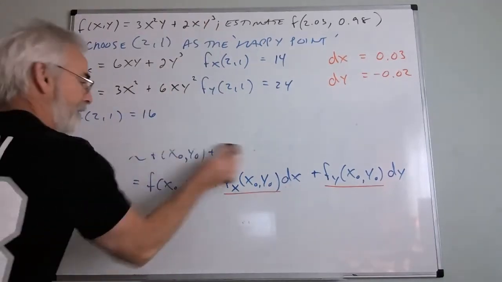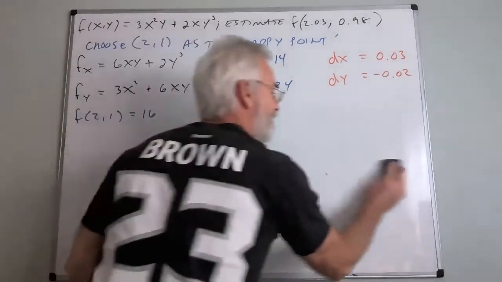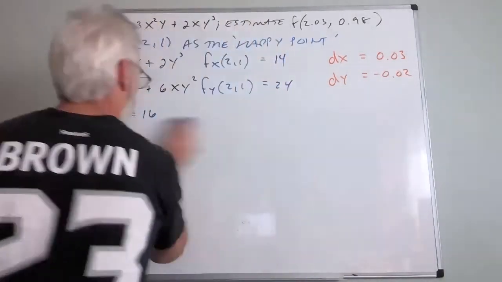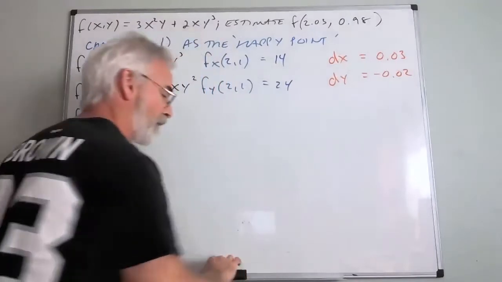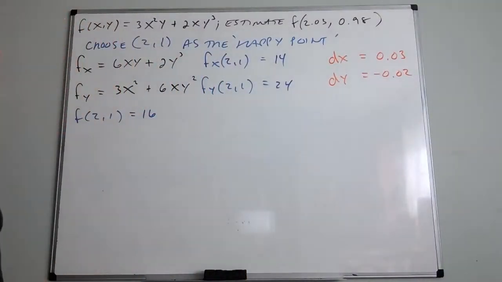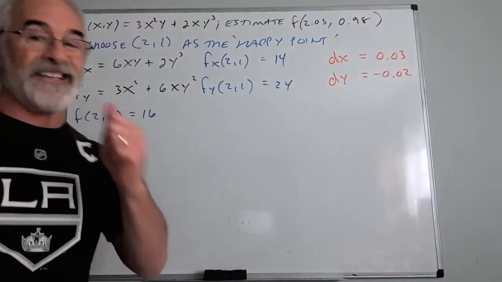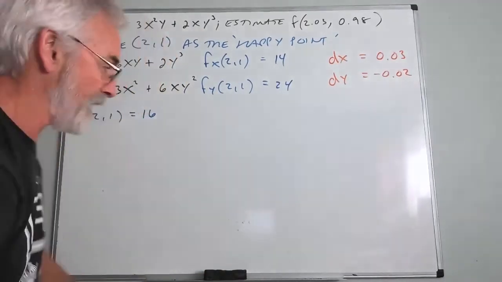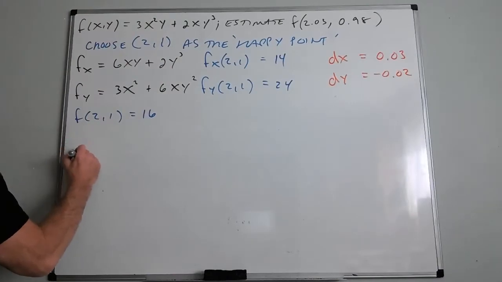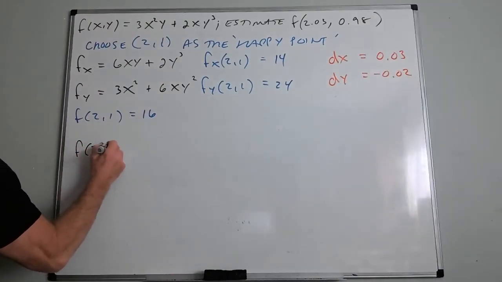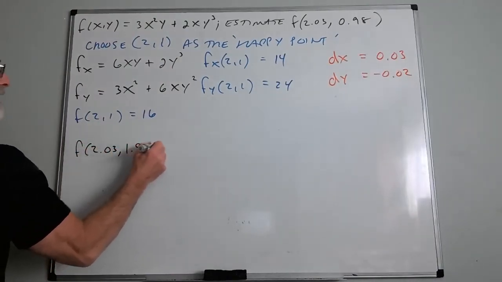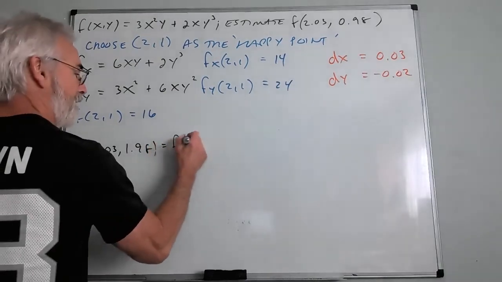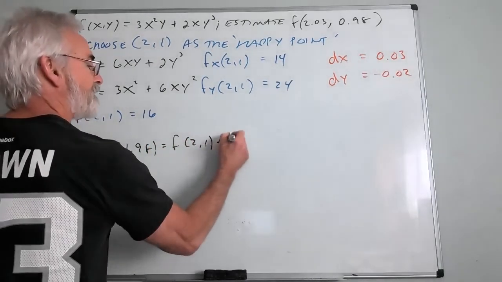So we have done everything. All I have to do now is combine the numbers. This should be fairly simple, but we want to say it in the correct form. We're not saying that my estimation is equal to the answer. It's an estimation, so I want to make sure I get the notation correct. So now f of 2.03 comma 1.98, which equals f of 2 comma 1 plus the actual